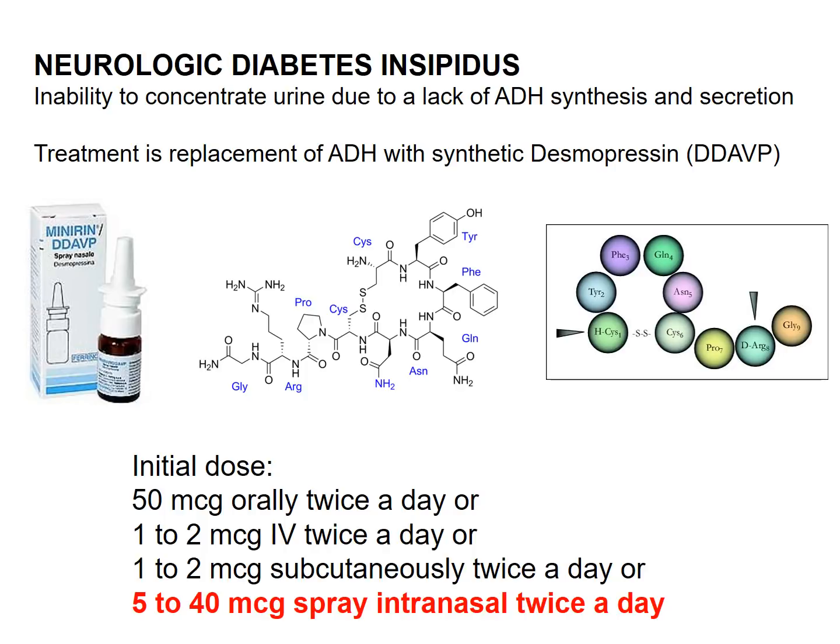So we'll get more into that in the renal unit, but I wanted to bring this up because diabetes insipidus is another very important component of individuals with panhypopituitarism. And in addition to all those other hormones that we talked about that they get supplemented with, they also become dependent on desmopressin or DDAVP.